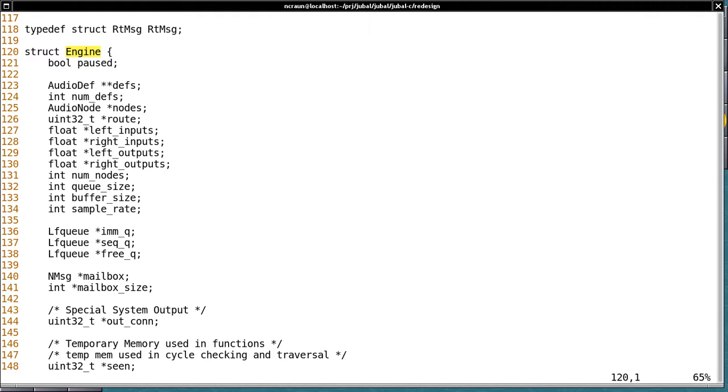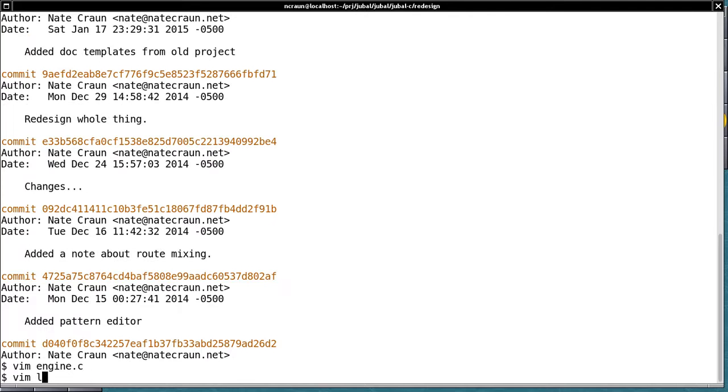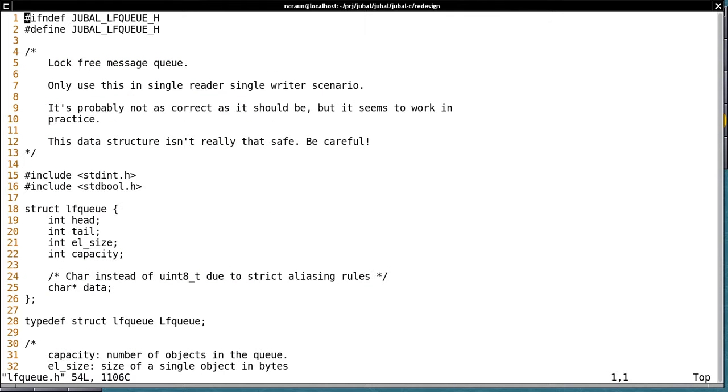The first one is a lock-free FIFO queue. I'll just show that one off first. So here's the lock-free message queue. You're wondering how it can be lock-free. Basically, we do that with some atomic operations. If we were using C++11, then maybe we could try out some of the